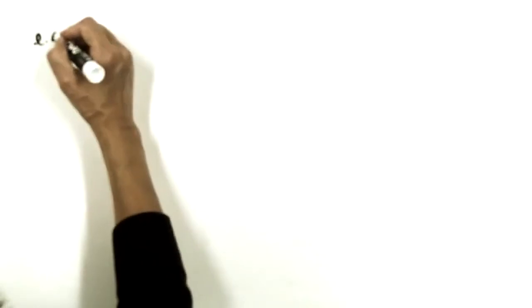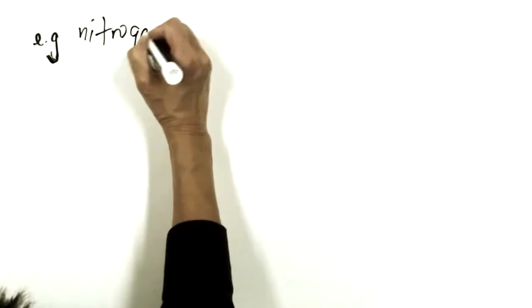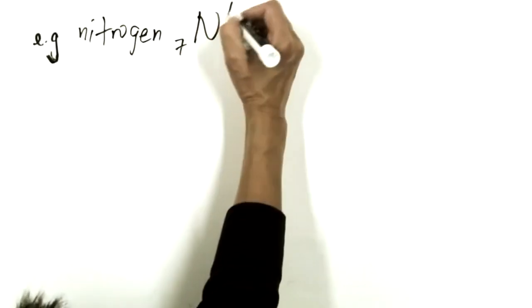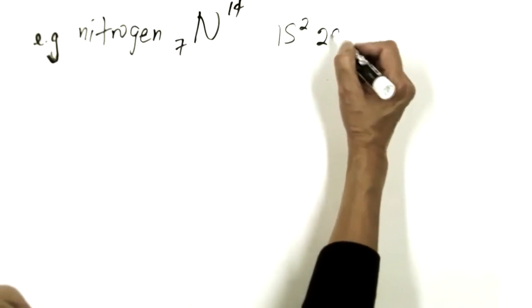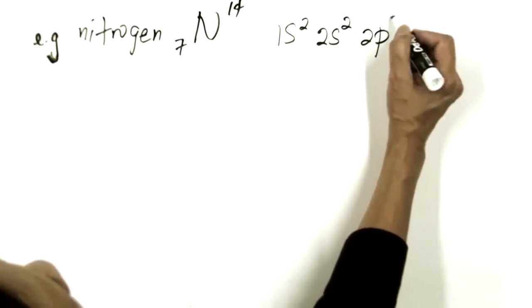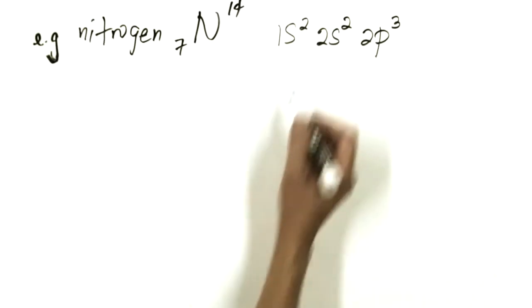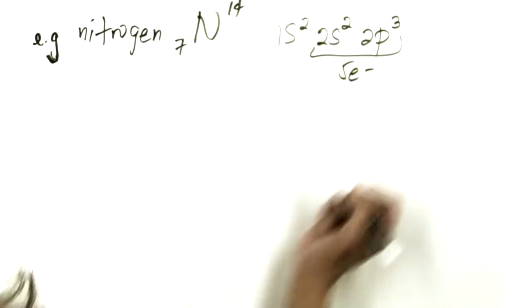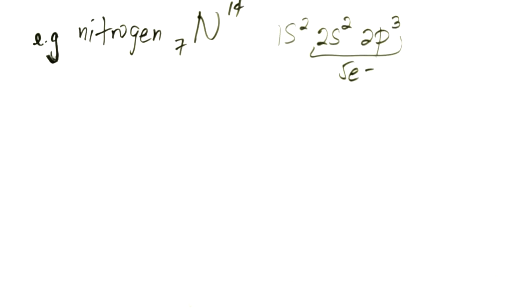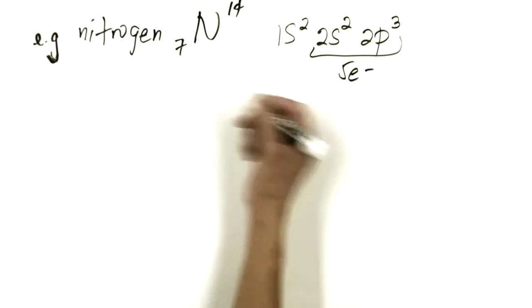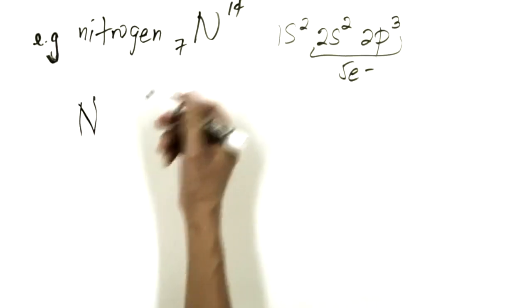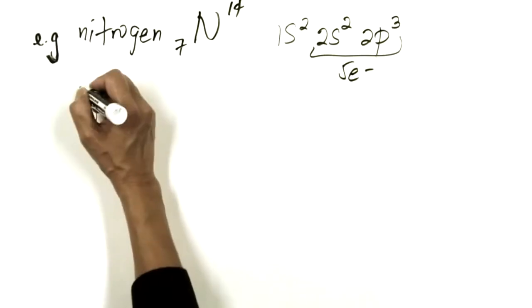Again, if you look at your periodic table, nitrogen, you have N 7 14. Nitrogen has the electronic configuration 1s2, 2s2, 2p3. So it has 5 valence electrons. How many electrons does it need to become stable? It needs 3. So if I were to draw this nitrogen atom, I will only show you the valence electrons